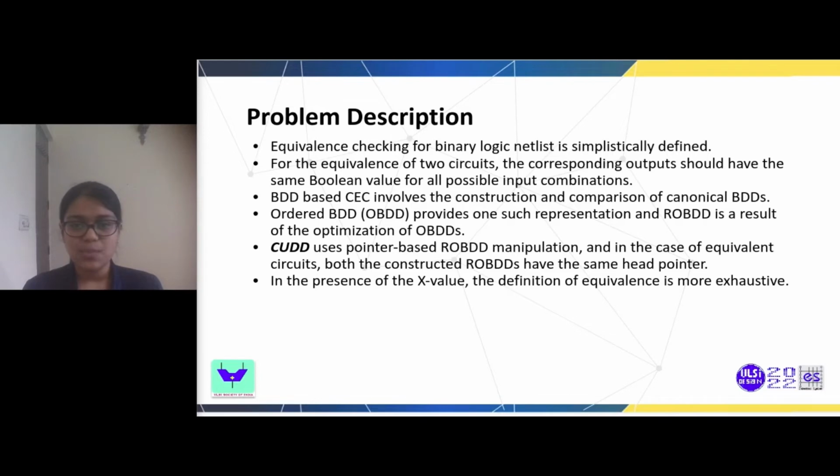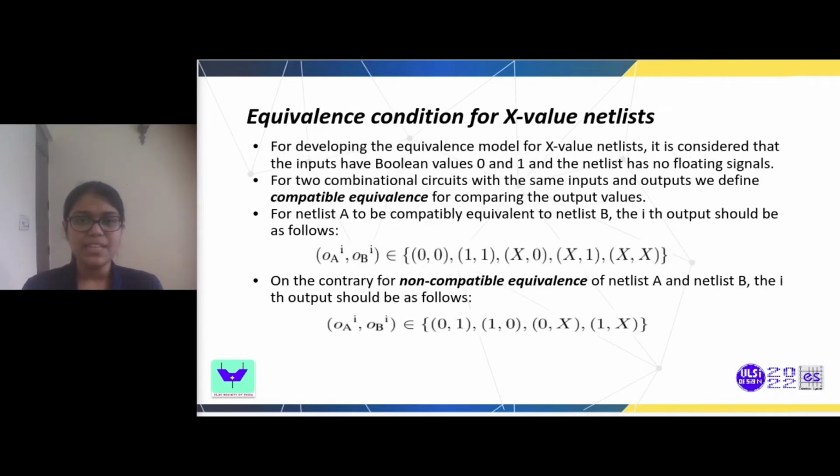In the presence of X value, though, the definition of equivalence is more exhaustive. For developing the equivalence model for X-valued netlists, it is considered that the inputs have Boolean values 0 and 1, and the netlists have no floating signals. For two combinational circuits having the same inputs and outputs, we define compatible equivalence for comparing the output values. For netlist A to be compatibly equivalent of netlist B, all the outputs corresponding to netlist B of netlist A